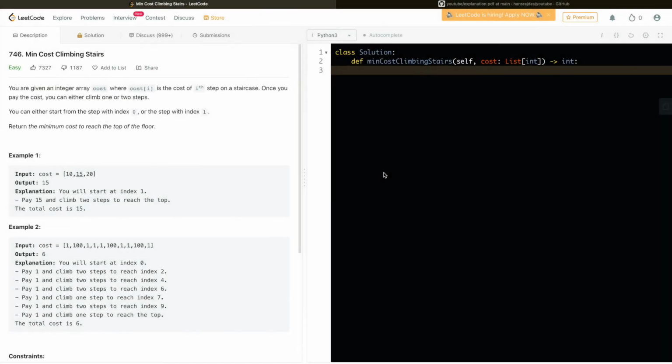In this video we will be solving problem number 746, minimum cost climbing stairs. We are given an integer array called cost, and cost[i] represents the cost of the ith step on a staircase, and once we pay that cost on a specific step we can jump by one or two steps